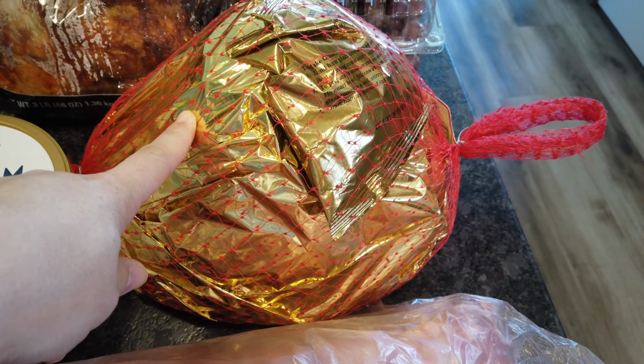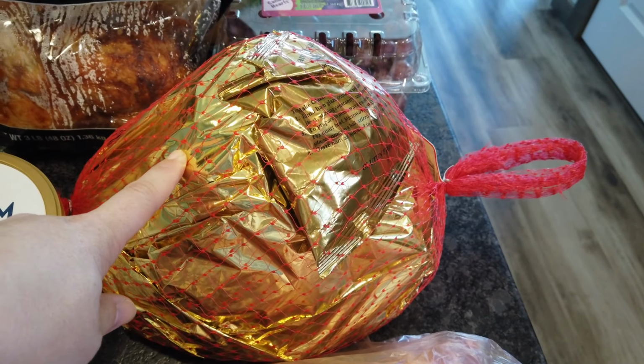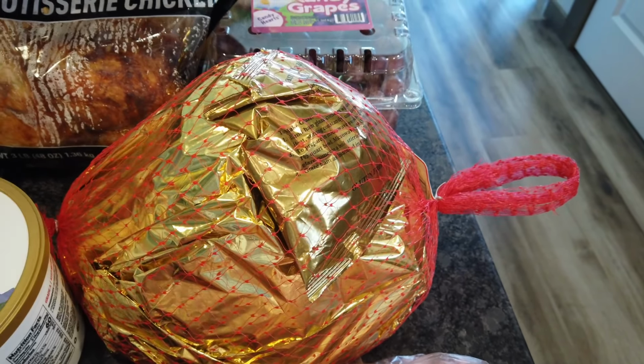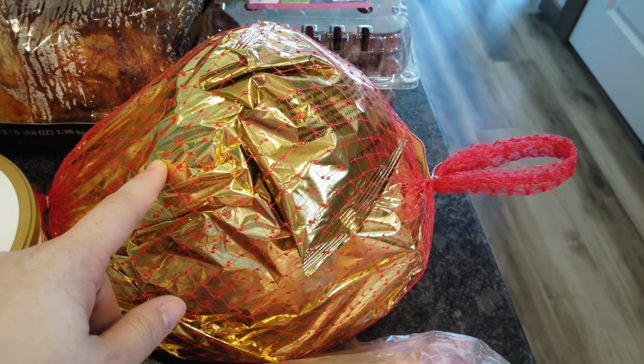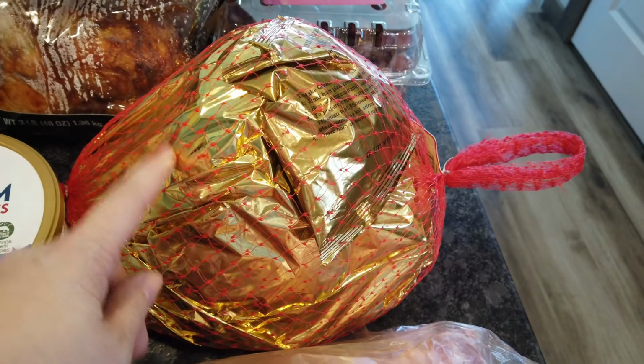And then I also use lots of leftovers to make all kinds of other recipes, and I portion them out just to have on hand in the freezer. So this will be super nice to have. Brought this down to around like $25, and it's a pretty big, decent sized ham. And then I also got